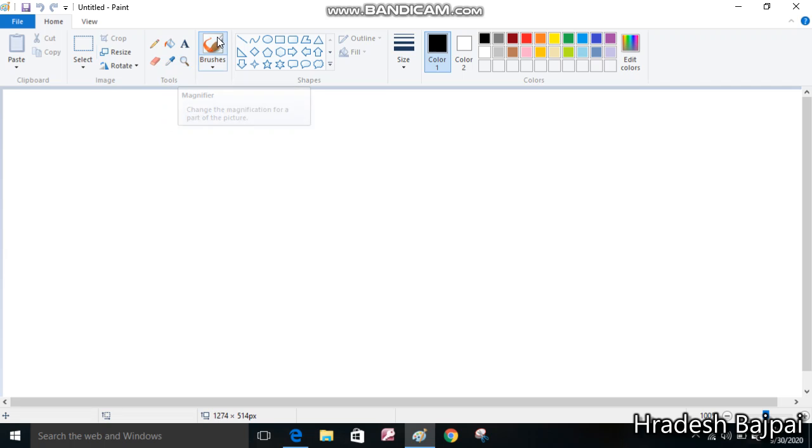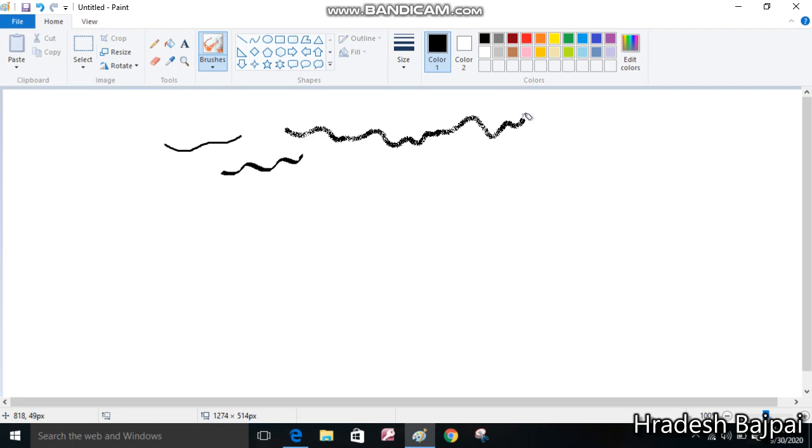Okay, and here we have some types of brushes that we can use. Okay, so you can use any one from this list. Okay, there are different kinds of brushes. Some are thick, some are thinner, and some spray brushes also there. See, like if you want to see the demo, so I can show you. See, one kind of brush is this, and this one is, you will find slight different in the brushes. Okay, this one is the spray brush. If you want to use this kind of thing in your drawing, so you can use spray brush also. Okay, and any brush you can choose according to you.